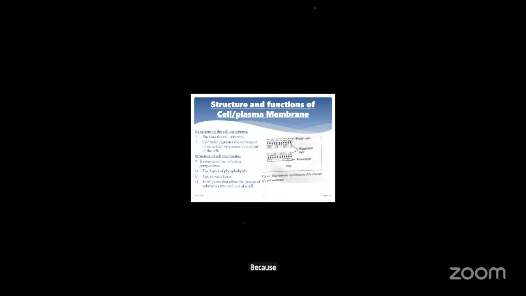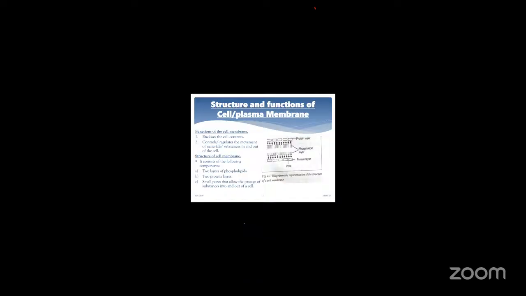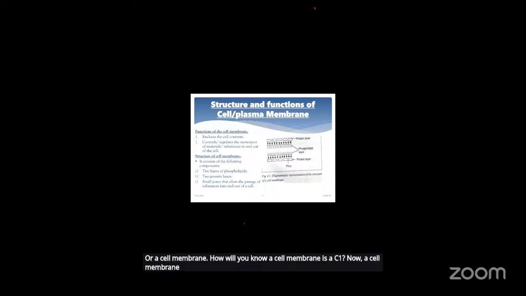Because they have pores, cell membranes can control what gets inside and what leaves. Now, a characteristic of a cell membrane: how will you know a cell membrane if you see one? A cell membrane is made of